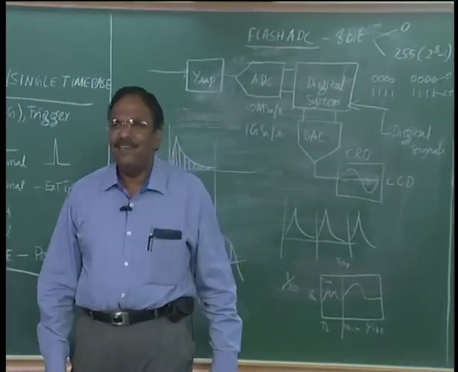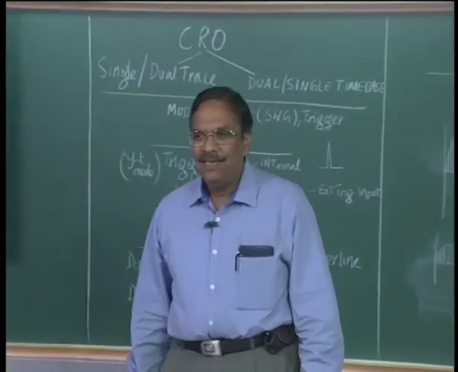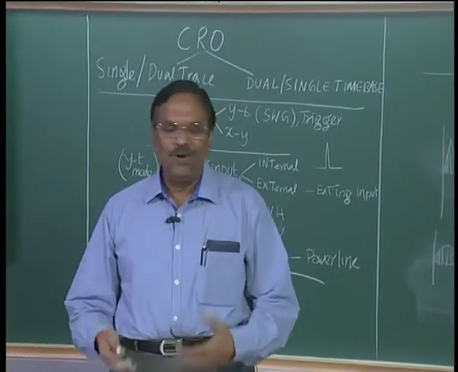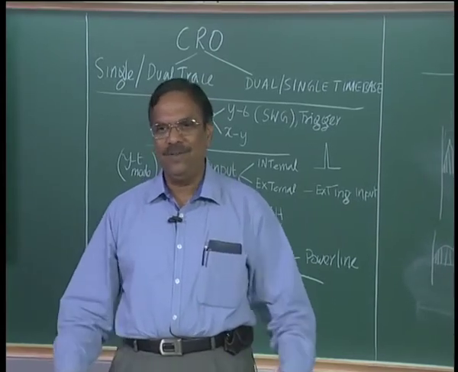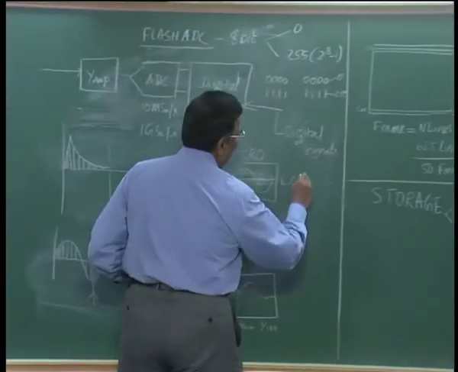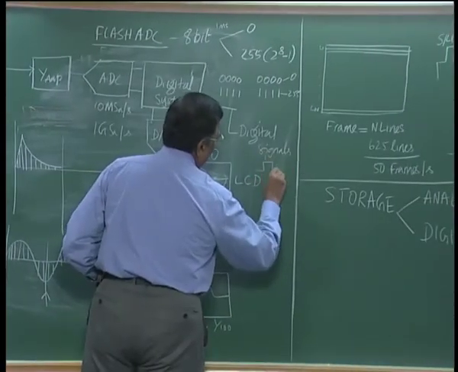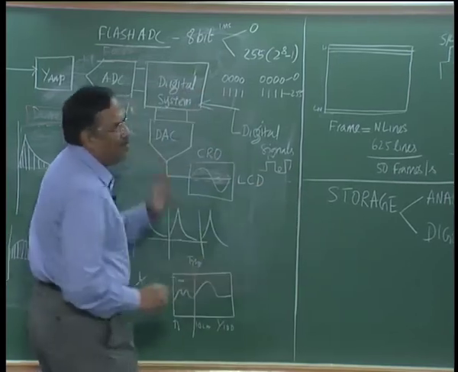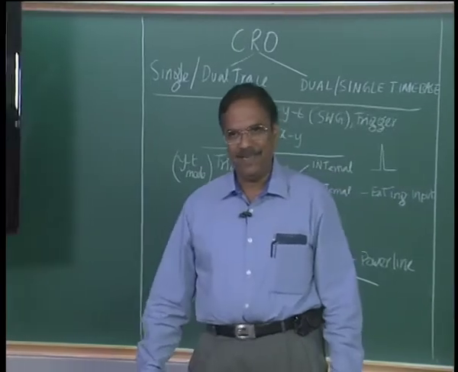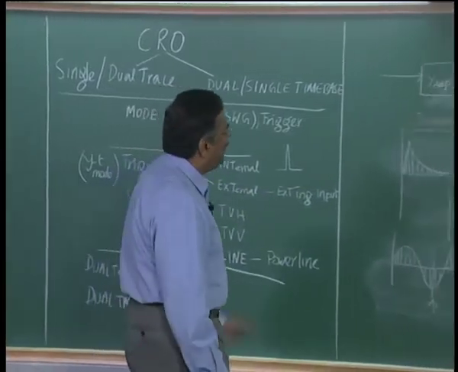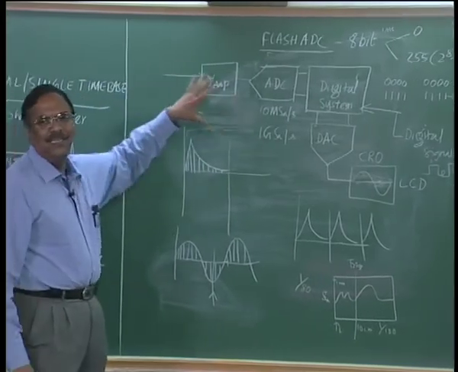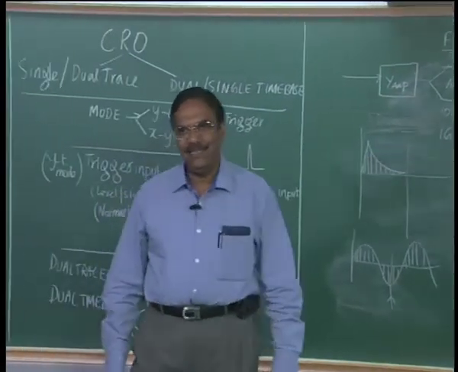When do we call a signal a digital signal? If the signal has only 2 levels, 1 and 0, 0 volts and 5 volts or minus 5 volts and plus 5 volts. So we can take the digital signals which are 1 0 1 0 directly into the memory of the digital system and then display. So with a digital storage oscilloscope, we can not only see analog signals, we can also see digital signals.